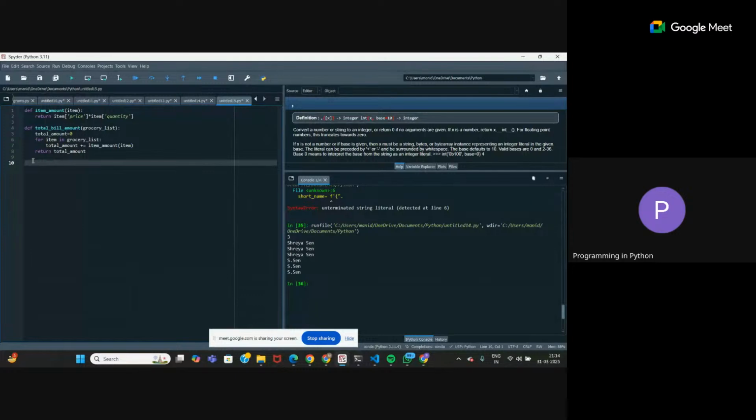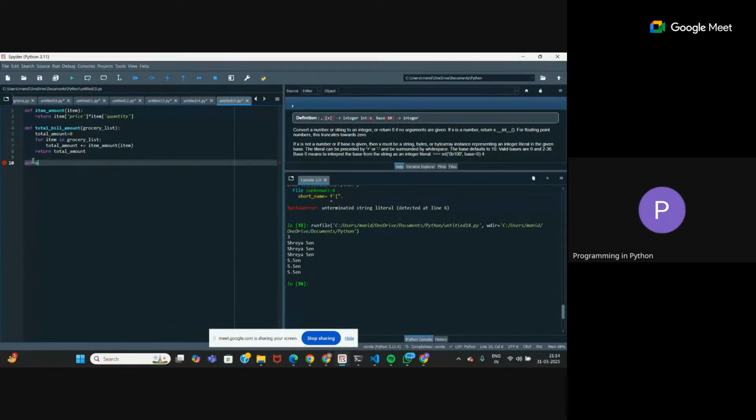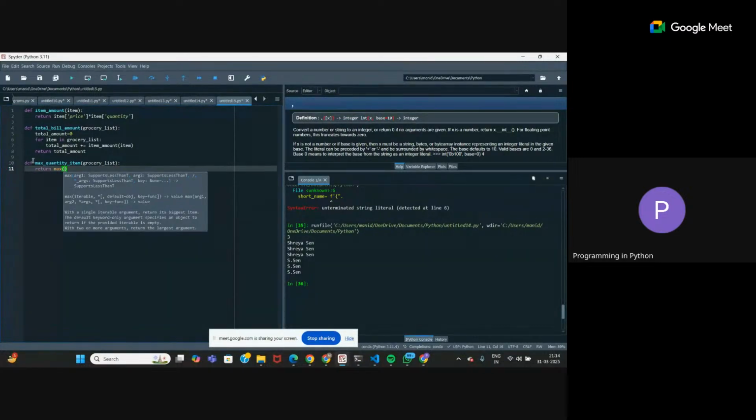Okay. Now we have to define one more function to find the maximum quantity item. Call it max quantity item. Okay, this will also take the entire grocery list as its parameter. Now here, just write a one-line code. Return. I'll again use a lambda function here. Okay, so I need to return the maximum of what?